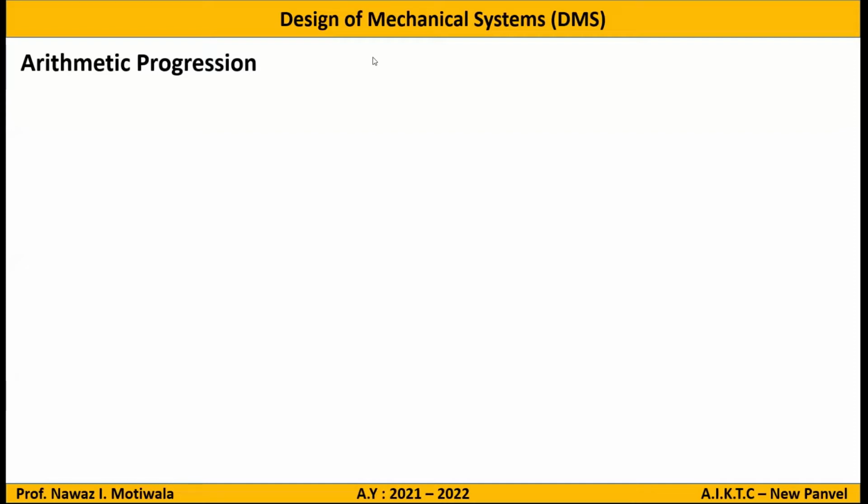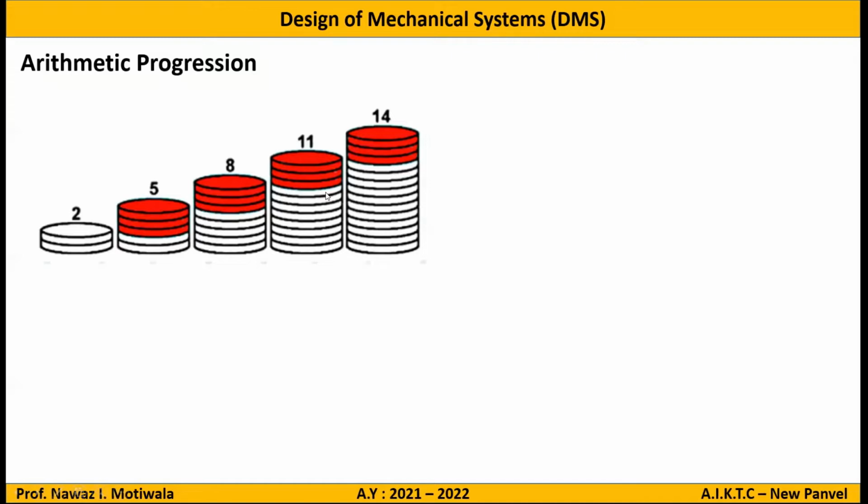So I have an example for you. Can you identify whether it is an AP or not? Yes, sir. 3 is the consecutive difference. Correct. If I take the difference between the two consecutive numbers, that is 2 and 5, I will get 3. Again, here the two consecutive numbers are 8 and 5, so I will get 3. Here also 3, and here also 3. So what I can observe is that the difference between two consecutive numbers is constant, that is 3. Hence, I can say that this is following arithmetic progression. Any doubts in that? No, sir, no doubt.